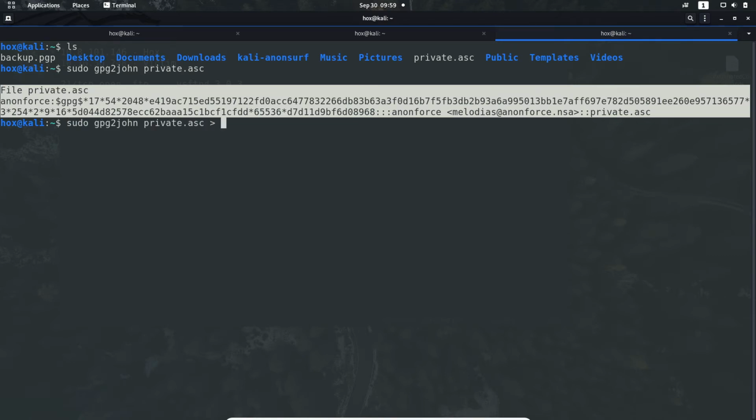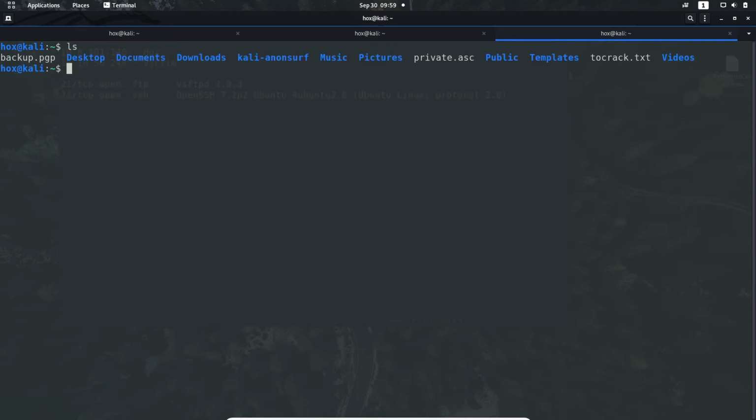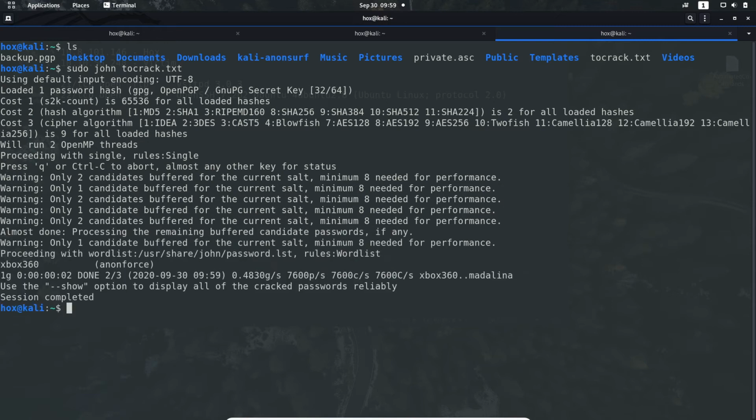Let's call it tocrack.txt. And now we have the tocrack.txt. Now we can do sudo john 2crack.txt, and we can just leave it running. It will eventually crack, but we can also use a specific word list. But I'm just going to leave it running like this because I know that the password isn't too long,